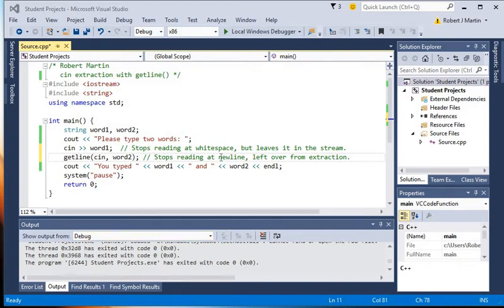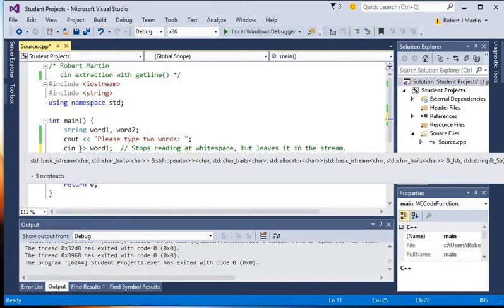Hello, this is Robert, and in this video I would like to show you how to use cin extraction with getline. This line right here uses extraction to allow the user to type a word into the string word1, and then right after that we are using a getline right there. cin extraction and getline don't get along very well, and the reason is because extraction stops reading